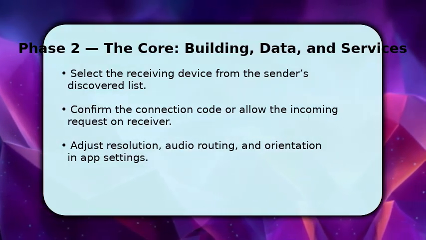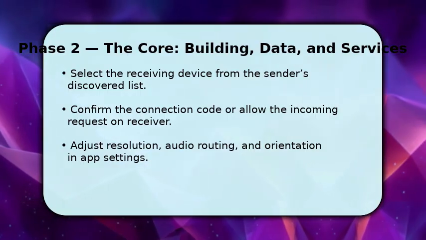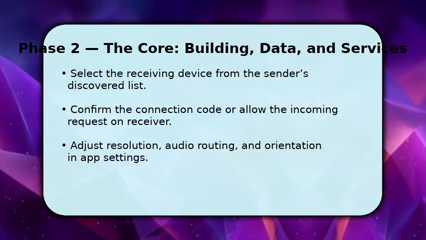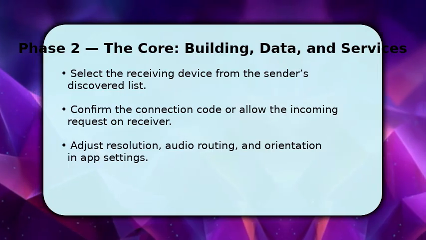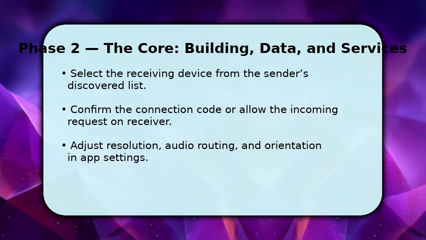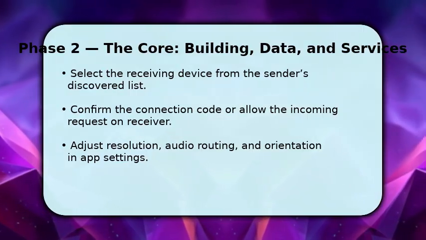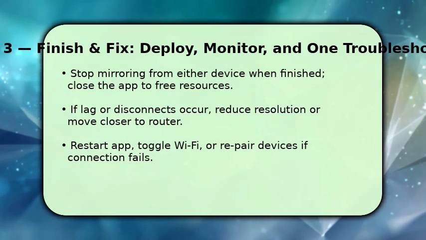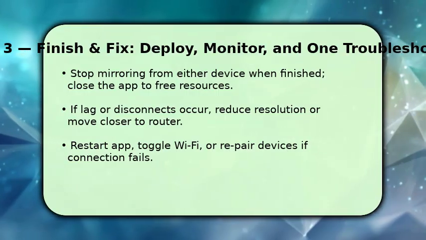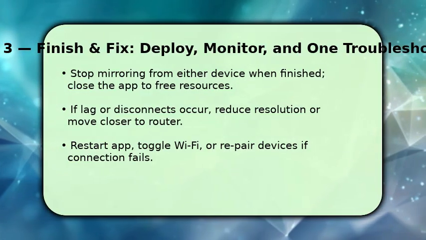the stream. Next, open the app settings to set resolution and audio routing. Lower resolution reduces lag, while enabling system audio sends sound to the receiver. Now begin casting. You should see your screen mirrored in seconds. To finish, stop the mirroring session from the app or the notification, then close the app to free CPU and